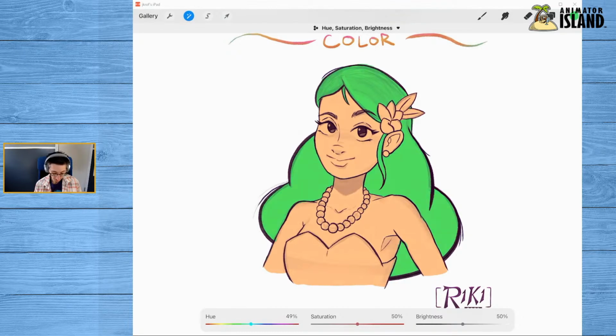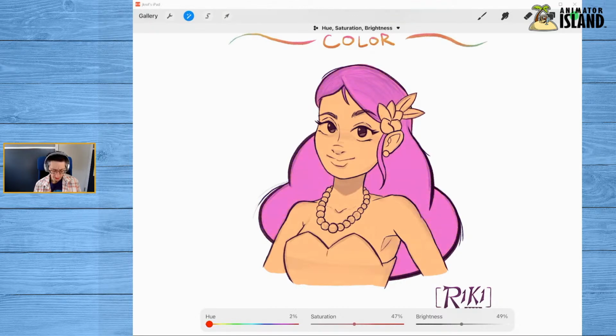I could keep it green and try and make this particular green work somehow. Like what would I have to do to tweak this to make this green work? Well, maybe I would go a little more blue. Maybe I would go a little more yellow. I think the yellow probably works a little more. Maybe I would change the saturation a bit. I might brighten it or darken it. But I could play with this so that it's not quite so garish. I still don't want her to have green hair, so I'm not going to do that. But I could do that. Let's move these back into the middle-ish area. Excuse me. And now we'll play with it and see what color we do want to make her hair.